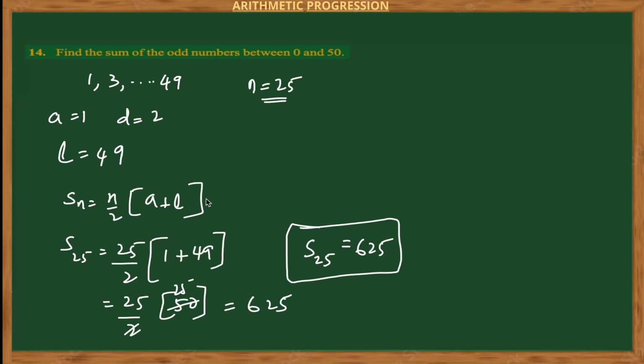And also you can find with the other formula what we have. Sn is equal to, let me write it down, Sn is equal to n by 2 into 2a plus n minus 1 into d. Okay, because we know n, we have a here. We know the value of a, we know the value of n, we know the value of d. So with this formula also we can